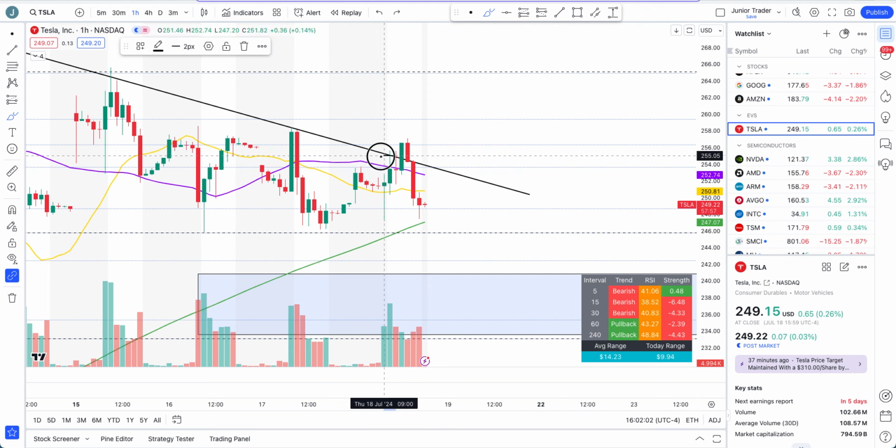That's why I said take partial profits out here. And then we finally broke out of it. That was another time to take more partial profits. The thing is that we didn't see a continuation. Once we went up and then broke below and failed to continue higher, failed to hold this level again of 253.63 of the intraday, if any position was left,